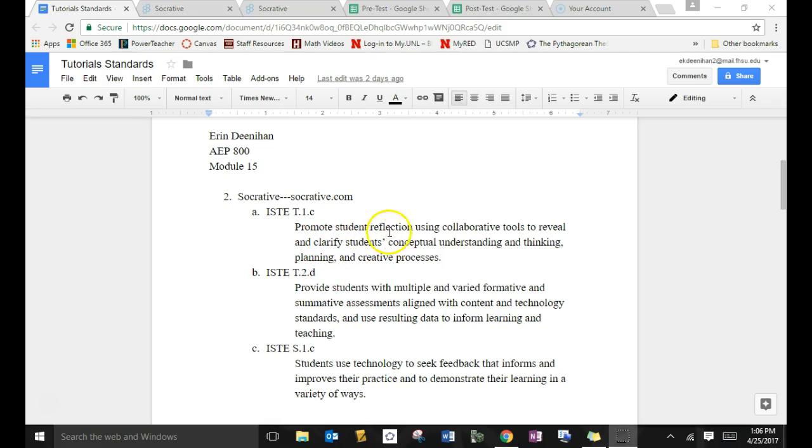Promote student reflection using collaborative tools to reveal and clarify students' conceptual understanding and thinking, planning, and creative processes. And then provide students with multiple and varied formative and summative assessments aligned with content and technology standards, and then using that resulting data to inform learning and teaching. Then there's an ISTE standard for students, 1C. Students will use technology to seek feedback that informs and improves their practice and to demonstrate their learning in a